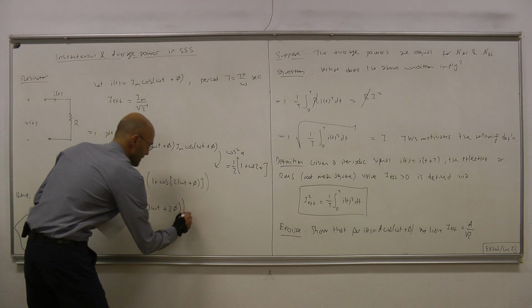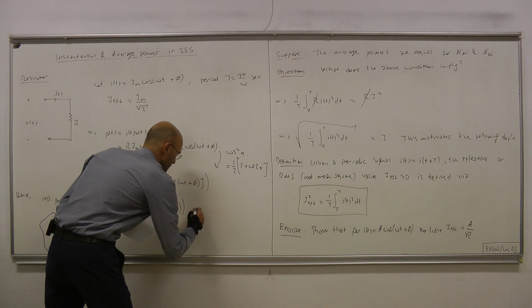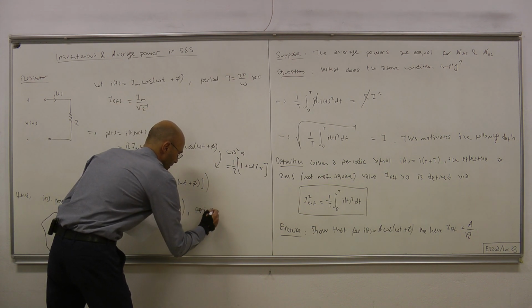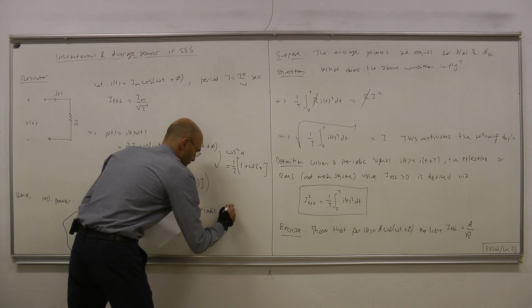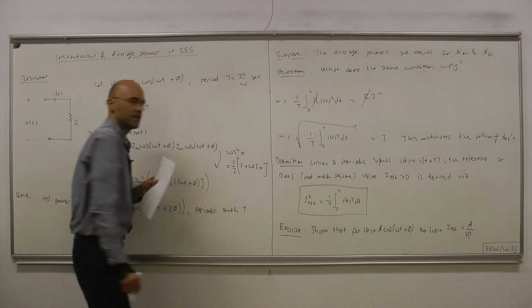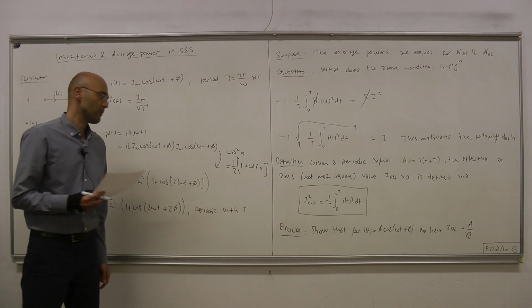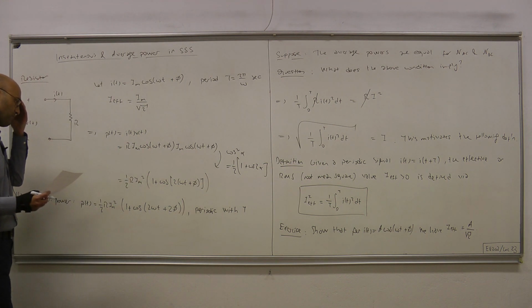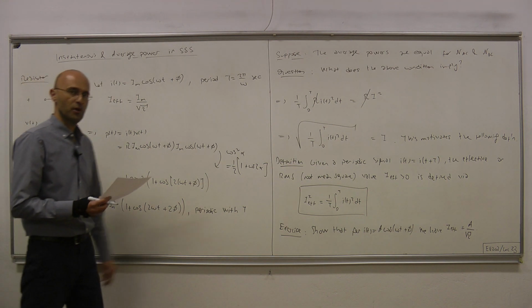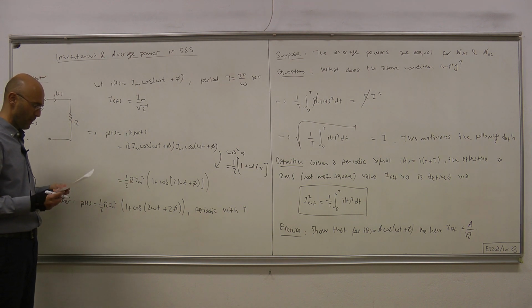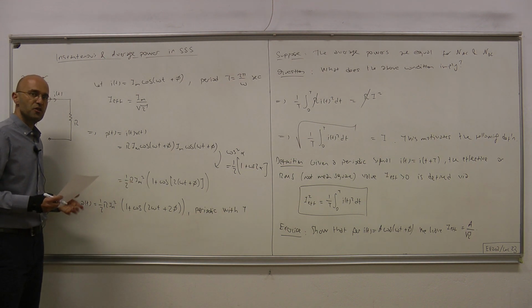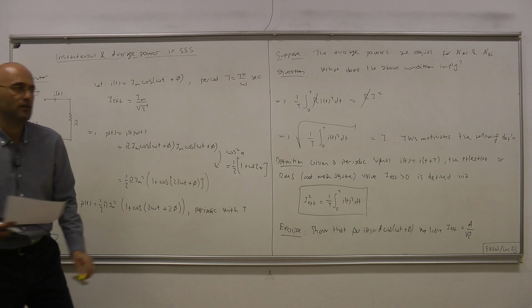Okay, and this is periodic with capital T. In fact, it's periodic with T over 2, but it's not really important since we're gonna compute the average. Now, once we have the instantaneous power, let's compute the average,